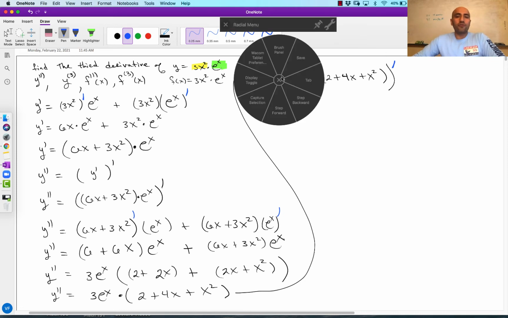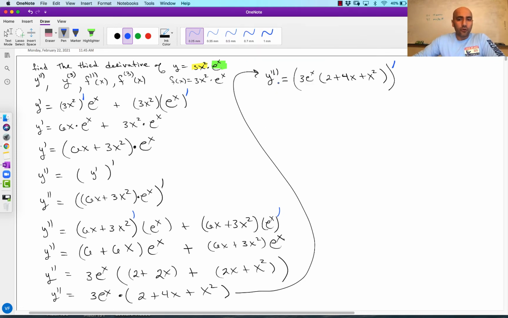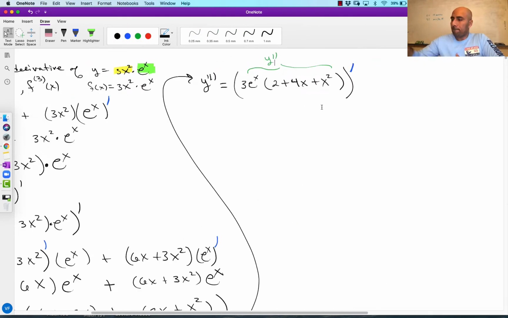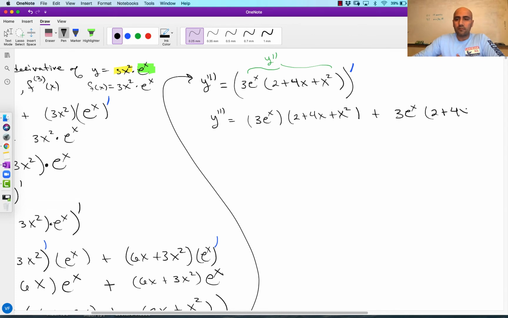Okay, so now the third derivative is equal to the second derivative, and then we take the derivative of the second derivative, right? And so I just copied this down because all of this is the second derivative. Okay, so all of this is the second derivative. We want to take the next derivative. The third derivative is equal to the derivative of the second derivative. Okay, and so now this is going to be the product rule once again. Okay, so I just kind of copied them twice,